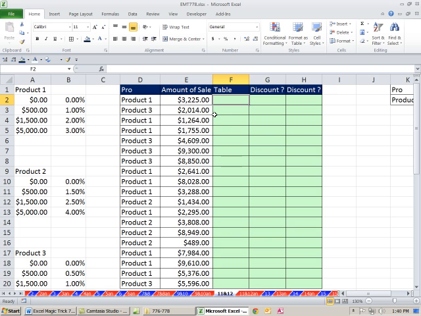Now the first key, we're going to see how to do this with index. But then I'm going to show you how to do it with choose. Now, I normally would just switch over to choose because it's more versatile. But this is a video that shows you everything about index and match, so I have to show you this option. Now, no matter what you do, whether you use index or choose to calculate your discount from multiple tables,